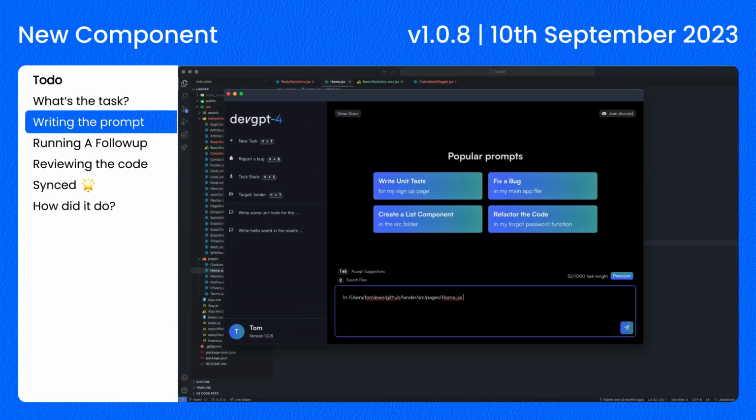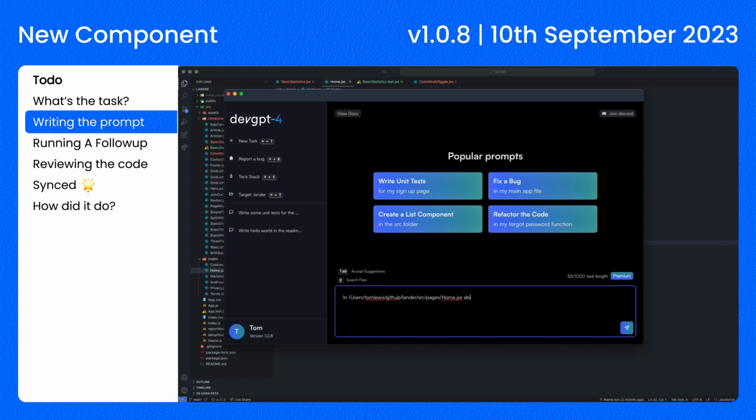For anybody that's new to that function, all you have to do is type @ and start typing the name of your file. So we'll say readme, and if you hit tab, it will auto-complete. That is really useful if you're trying to target a file or you specifically want one file. It saves the AI having to try and read through and figure out for itself what your file is. So in the home file,